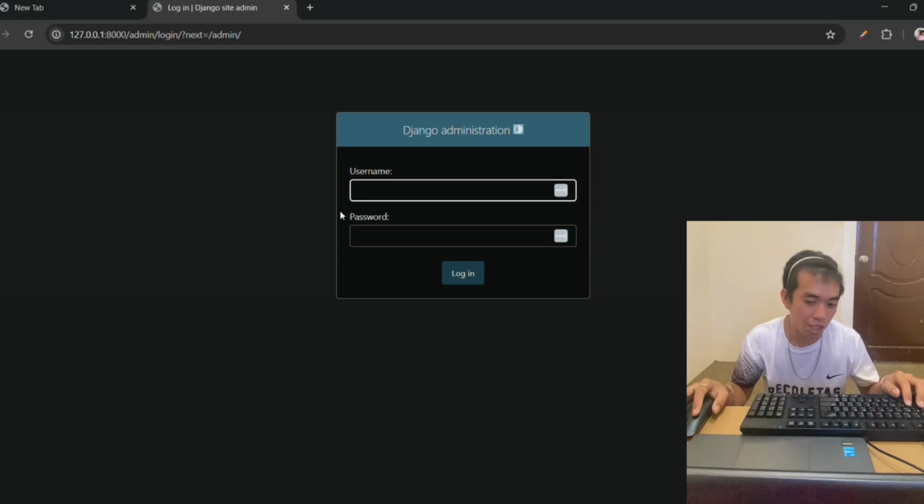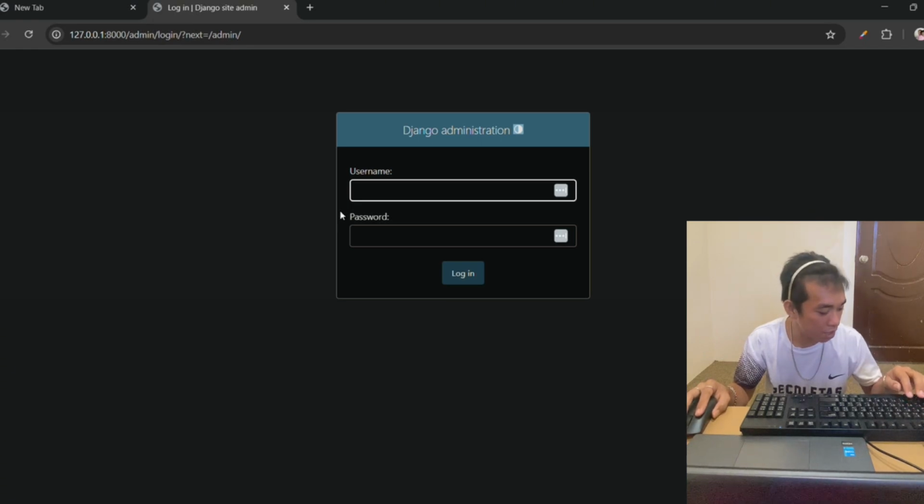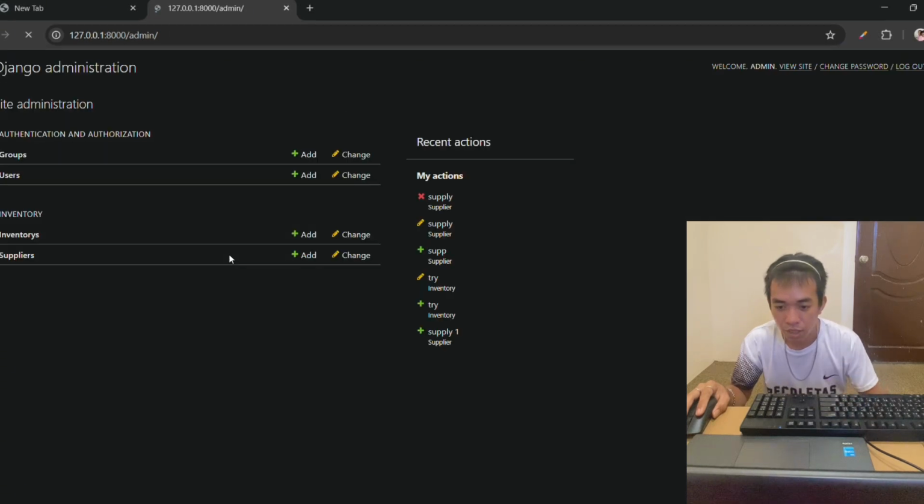So type the username. The user is for test, so the username is admin. Then the password is password. Then hit enter.